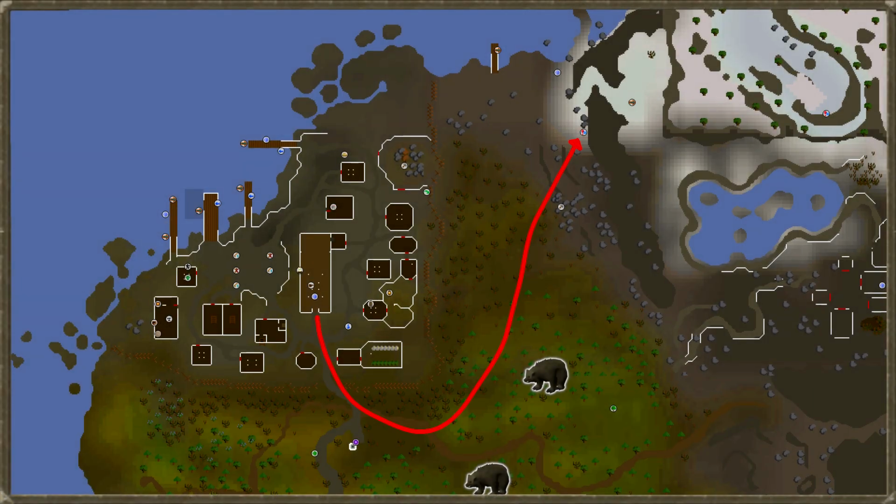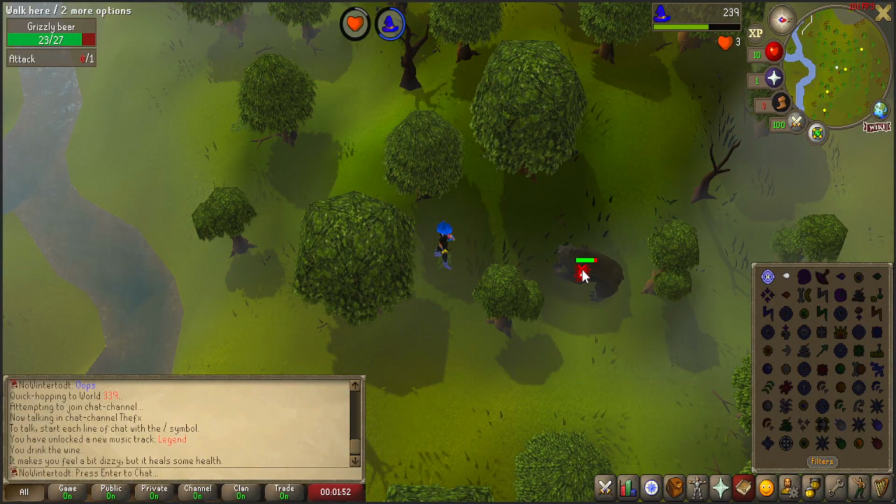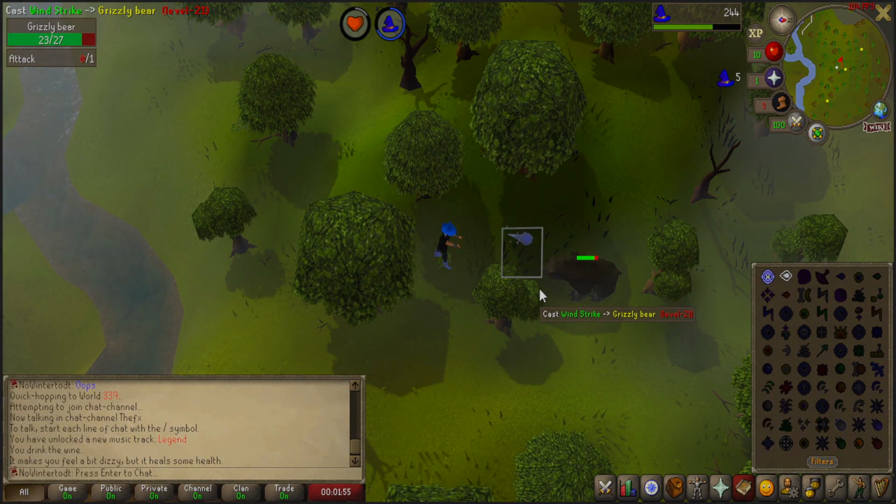Then leave Relleka and head northeast to the Keldagrim entrance, which is the exclamation point on the minimap. But shortly after leaving town, you should see a grizzly bear and its cubs in the woods. Spot the grizzly bear using a tree and kill it for its meat for Druidic Ritual, and then continue